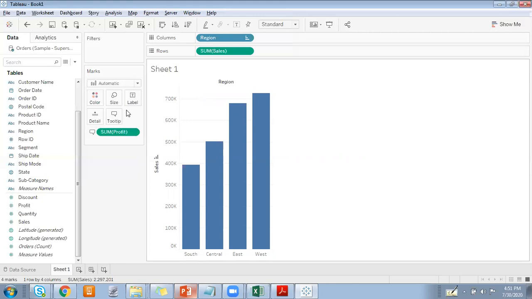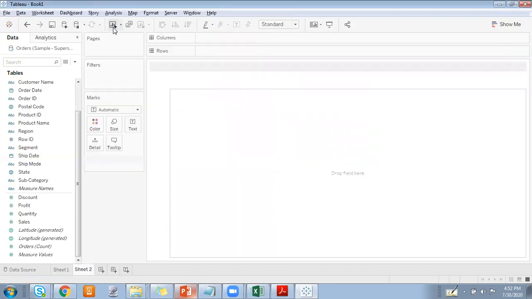Apart from that, you can see there are some shortcuts as well. So in case you want to undo or redo whatever work you have done, you can do it from here. This is to save. This is to connect with another data source. This is paste auto updates, and this is to create new worksheets. So currently we have only sheet one. If I just click on that, this is a shortcut for creating a new worksheet. Okay, this is how it has been created.